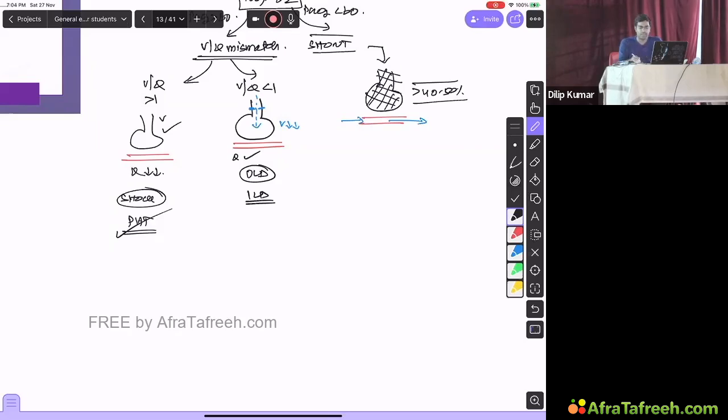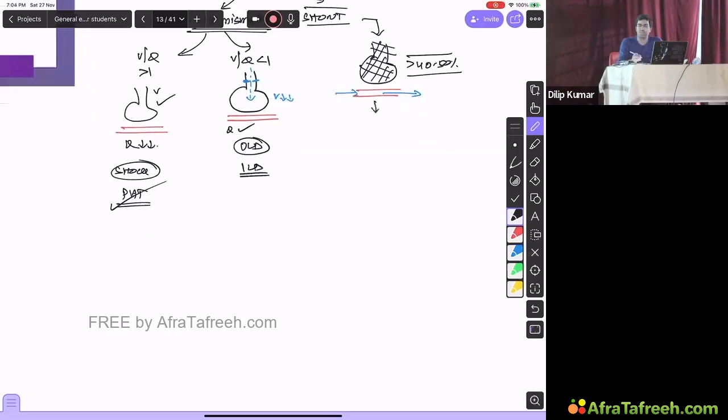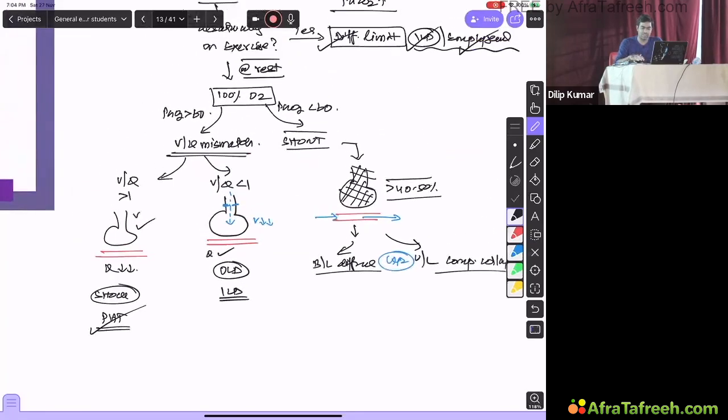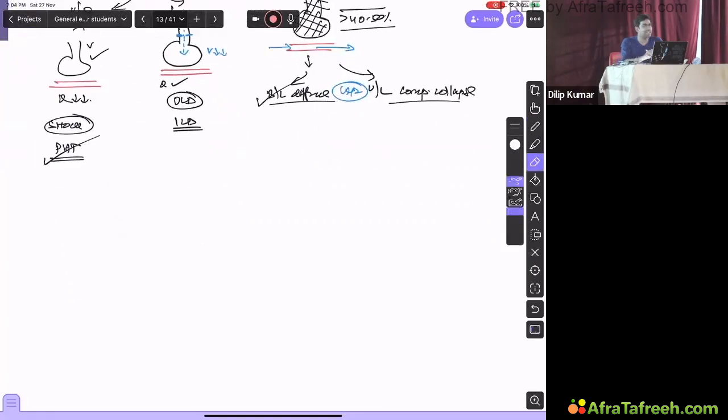So to get a shunt at a microscopic level, at a physiological level, it should be either a bilateral diffuse process in the lung, or a unilateral complete collapse. So if you have a unilateral complete collapse of one particular lung, 50% of the lung is gone. Or it should be a bilateral diffuse severe disease to produce more than 40% involvement of the lung. So easily you can differentiate with the help of a chest X-ray. In the chest X-ray, in the setting where 100% oxygen is not working, if you see a bilateral disease in the chest X-ray, it indicates